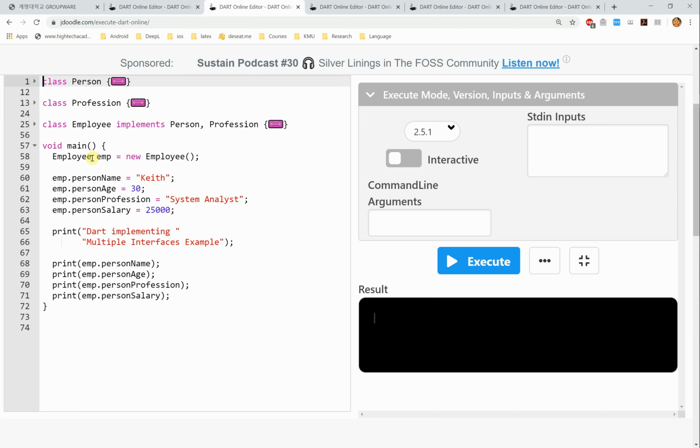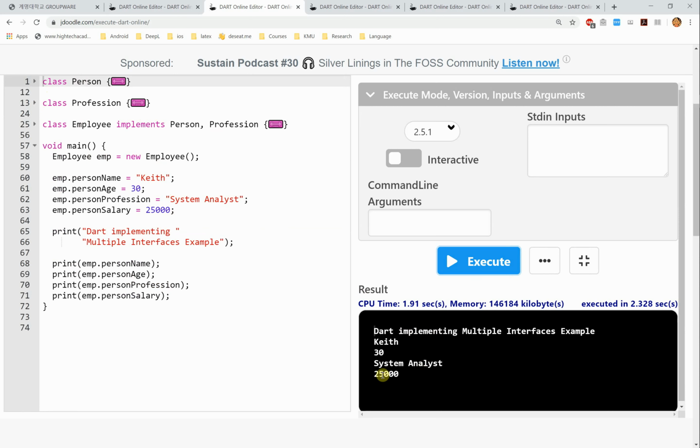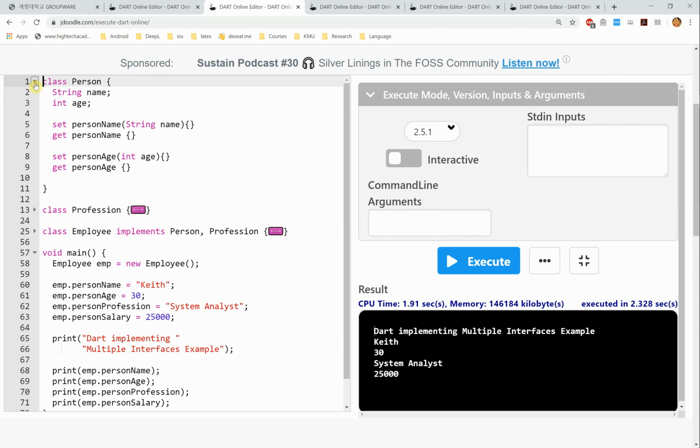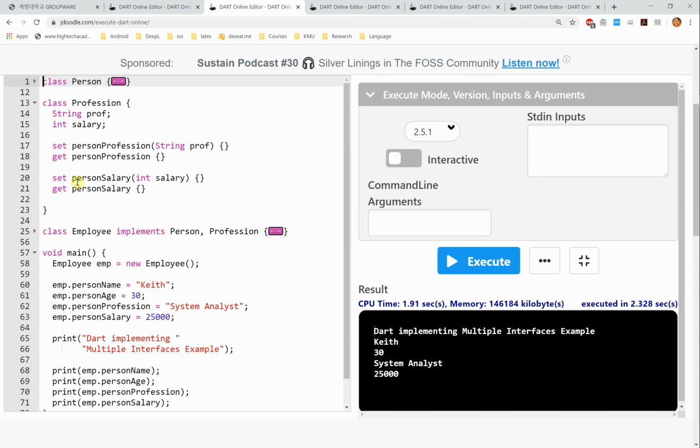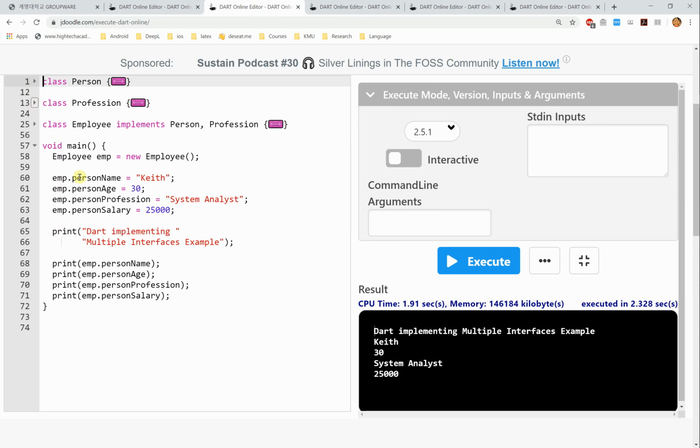If you do this and you execute your program, you'll have something similar to this. So your task is to implement all the methods of the Person class and all the methods of the Profession class. Otherwise you'll get an error. So that's it about